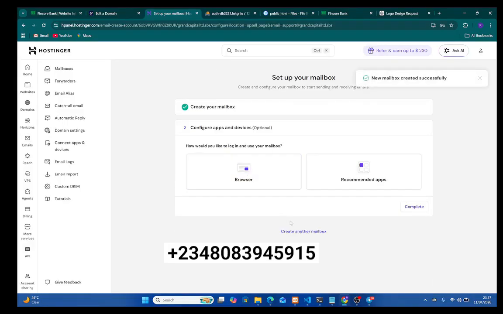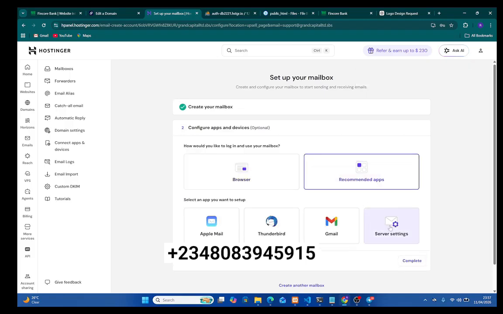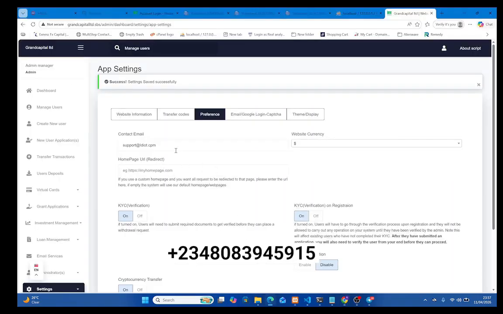All right, so we've created that email. If you click on this, you see the details of the email, the recommended server. So let me go back to this place, and the email I created,